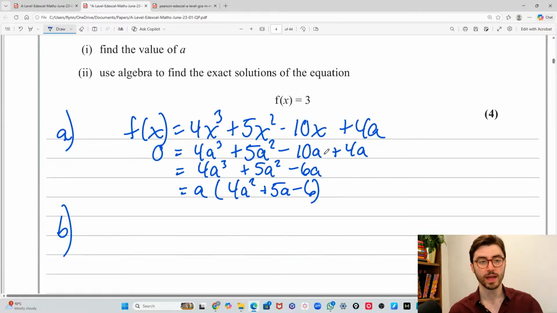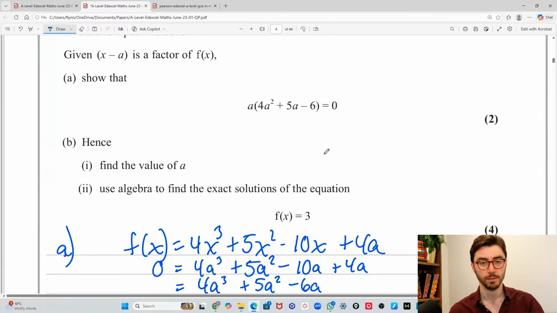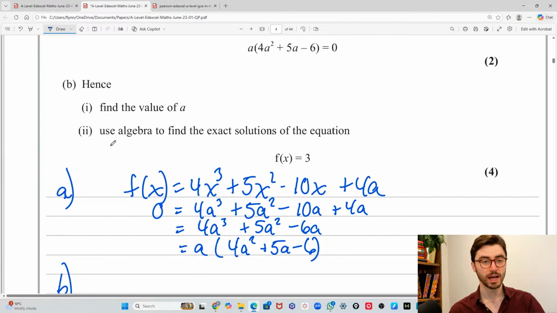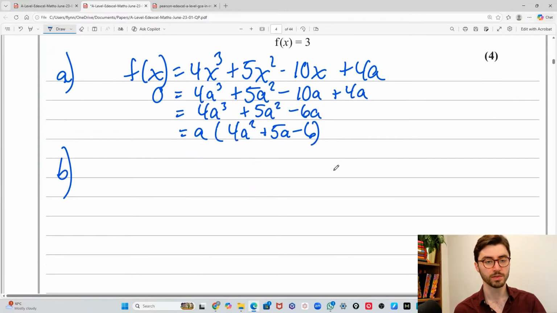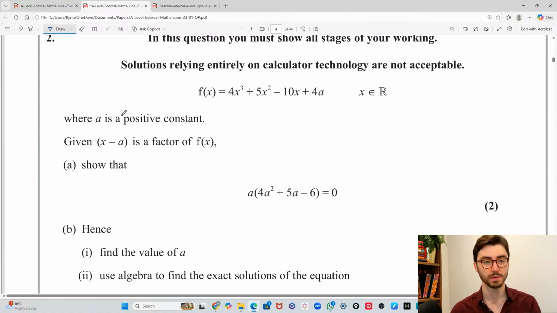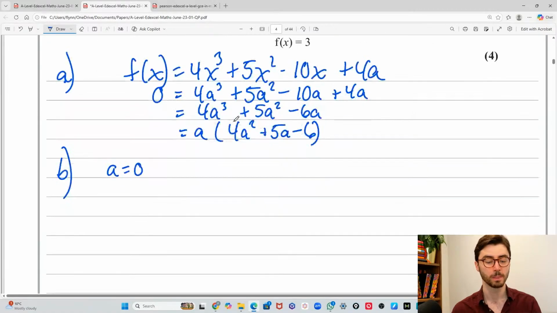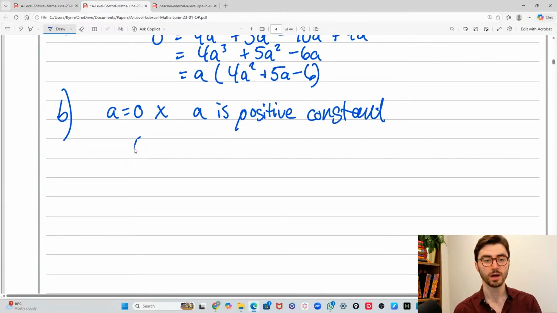Hence, find the value of a, and use algebra to find the value of a. So obviously a equals 0 is a solution, but does it specify that a can't be? Yeah, but a is a positive constant. Because a is a positive constant, to find any other ones, we have to solve the quadratic,